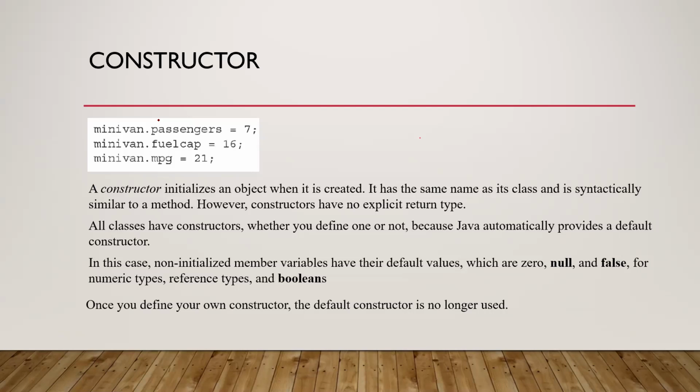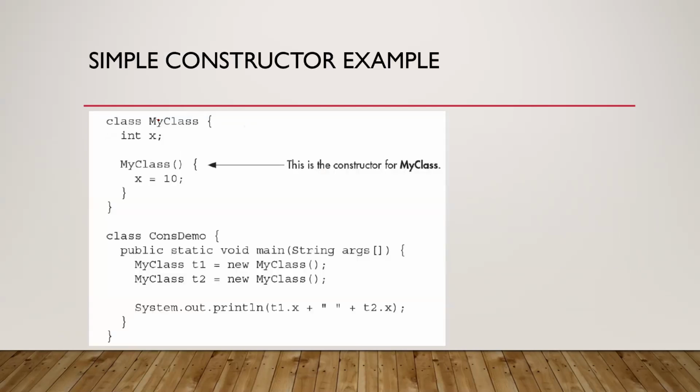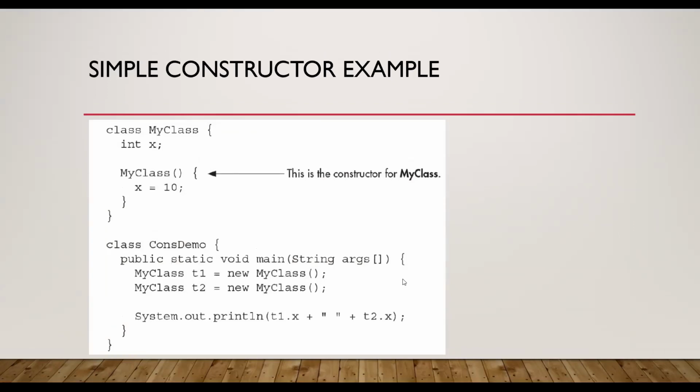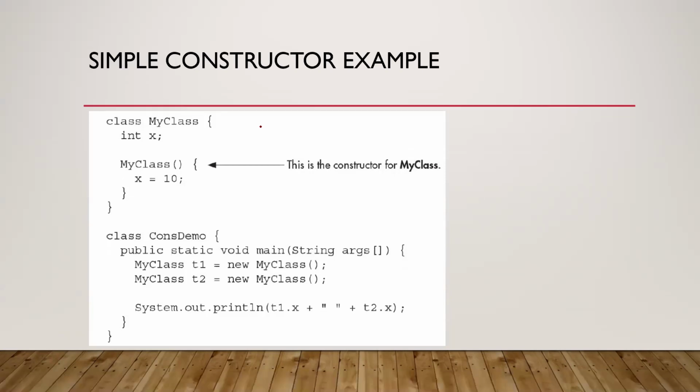Okay. And once you define your own constructor, the default constructor is actually suppressed. So it is no longer used. These also we will study in more detail. Okay, now let's look at an example of the constructor. So you see that you have a class named MyClass, which has a variable called x, and just 1 minute, I'm admitting one of the students. Okay, and then you have